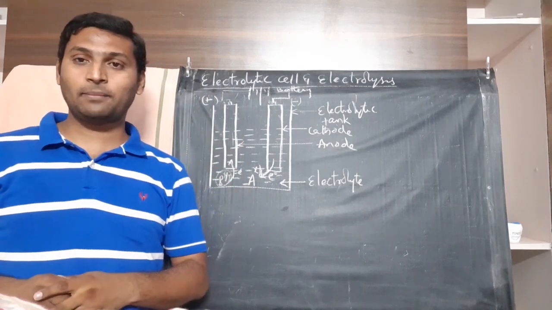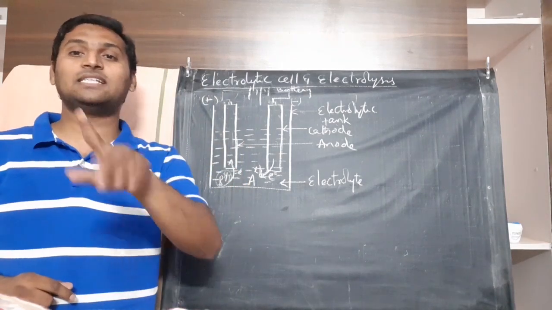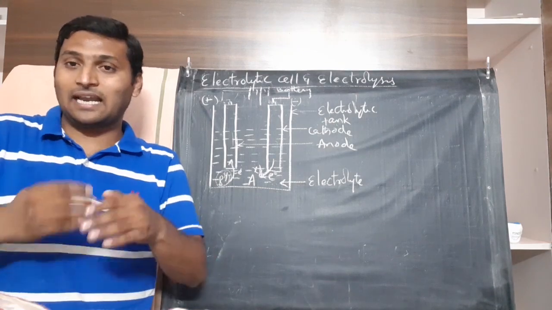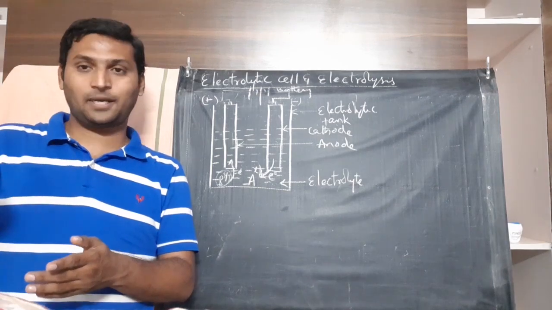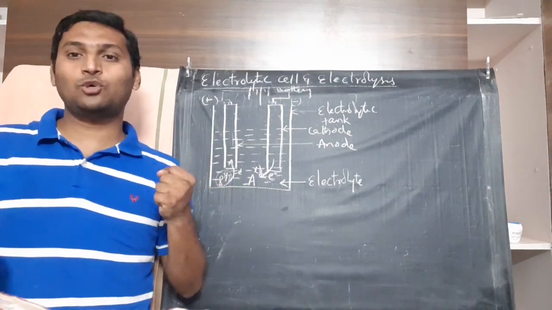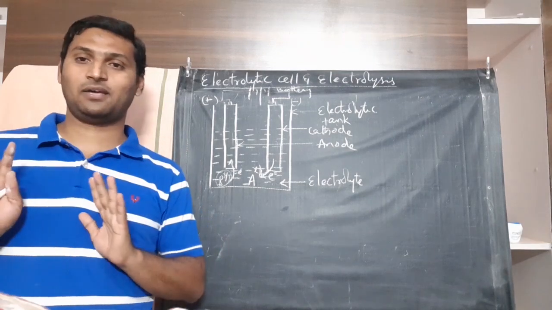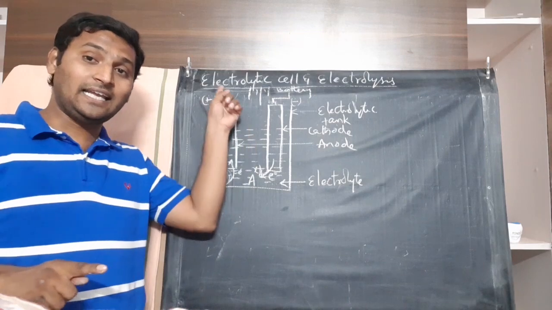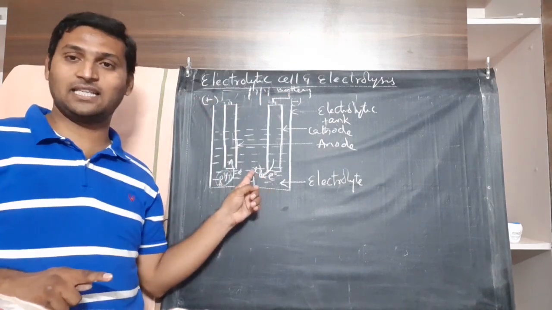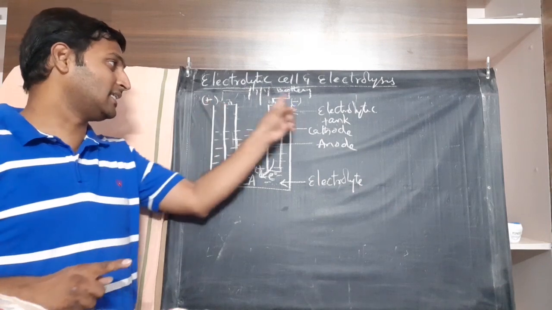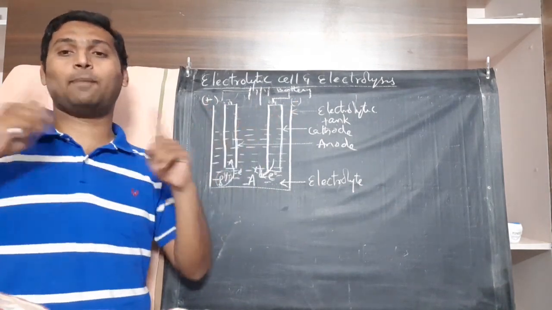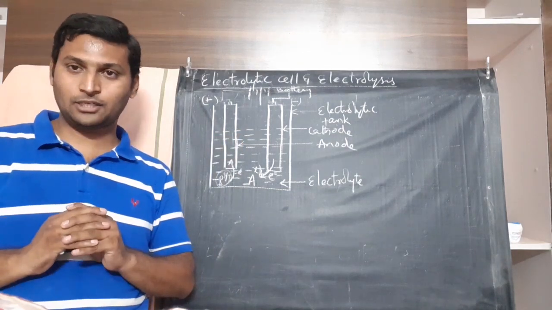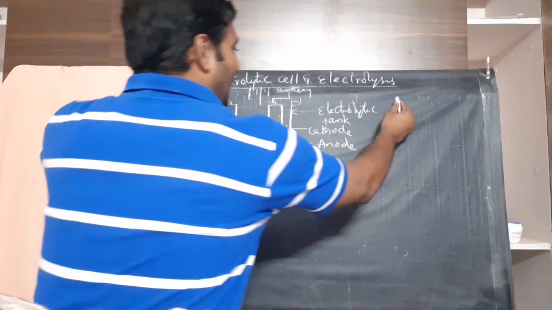Whereas in an electrochemical cell or galvanic cell, reactions decide the charge. Because oxidation occurs at anode and oxidation is rich in electrons, electrons being produced there, anode is negative there. Because electrons are consumed due to reaction there, cathode is positive there. So the reaction decides the charge of the electrode. Here, charges decide the reaction at the electrode. That's why the signs of the electrodes there and here are opposite to each other, but the processes happening are the same. Understood?